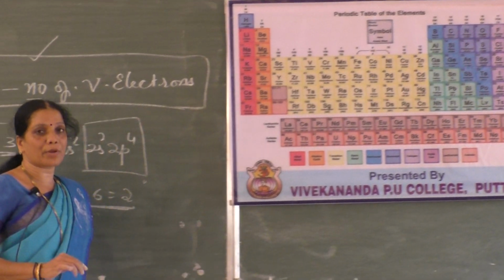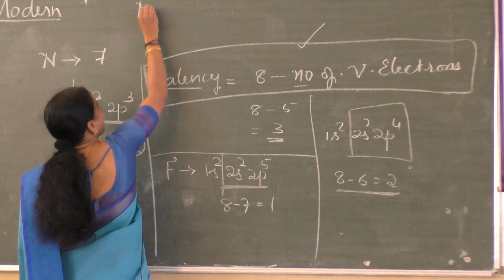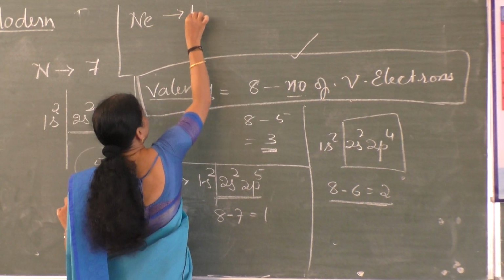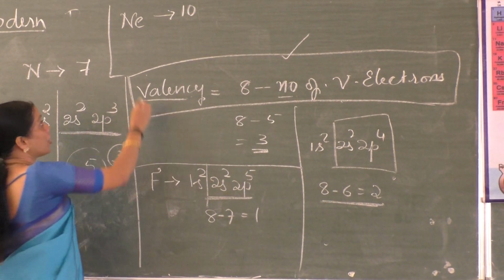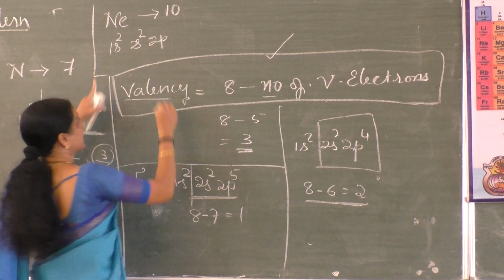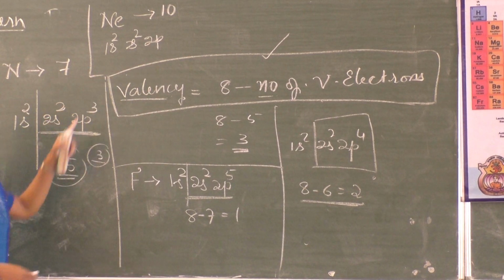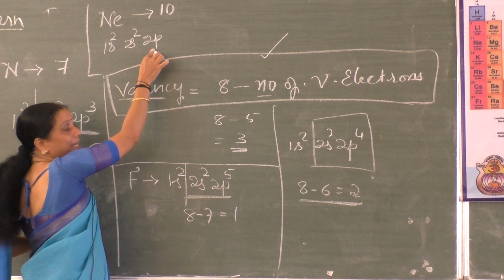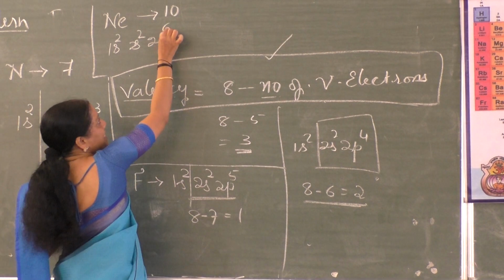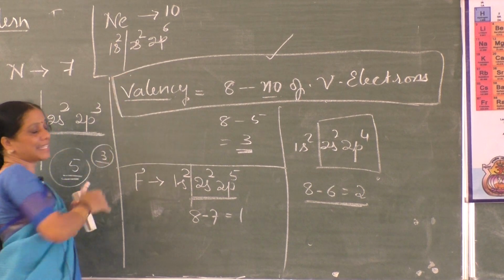The last element of the second period, the group 18 element, is neon. The atomic number of neon is 10. If I write the electronic configuration, 1s2, 2s2, 2p. See, how many electrons have been written? 4 electrons. How many remain? 6, isn't it? The maximum capacity of the p orbital to hold electrons is always 6. That gets completed here, so 6 electrons are written, totally 10 electrons.